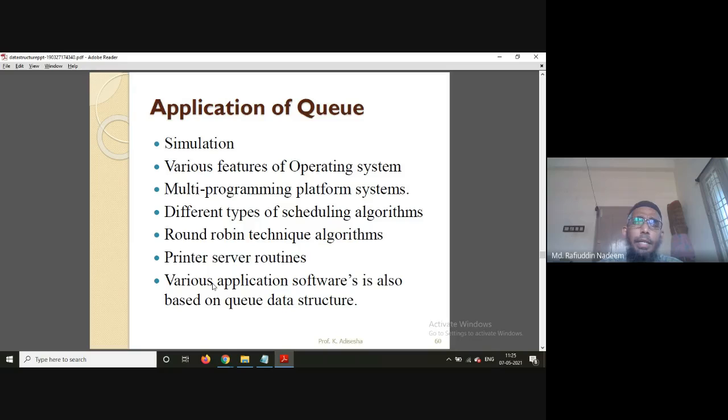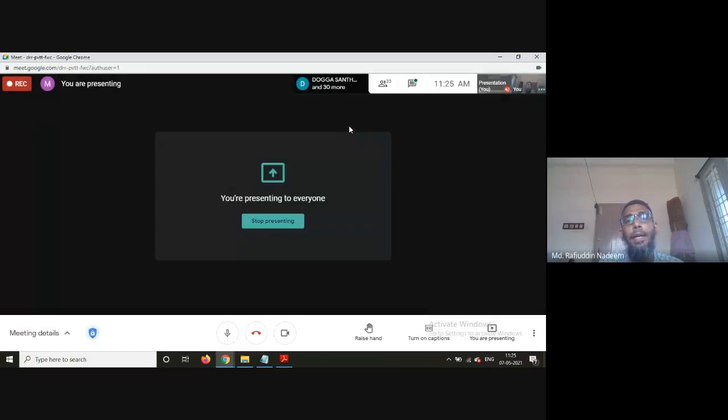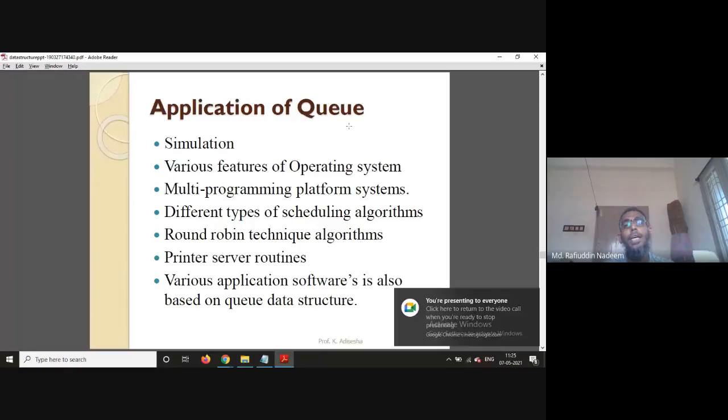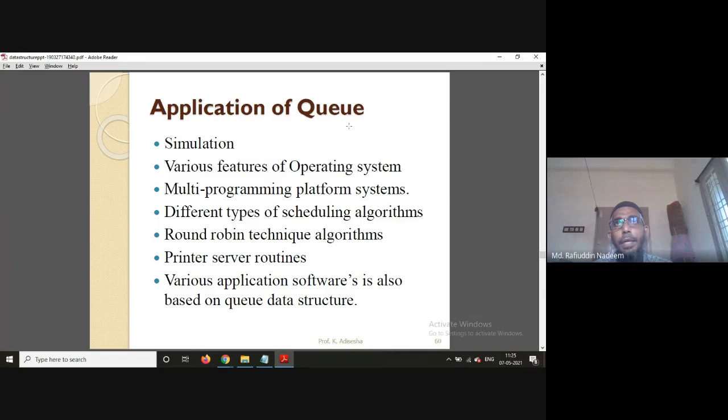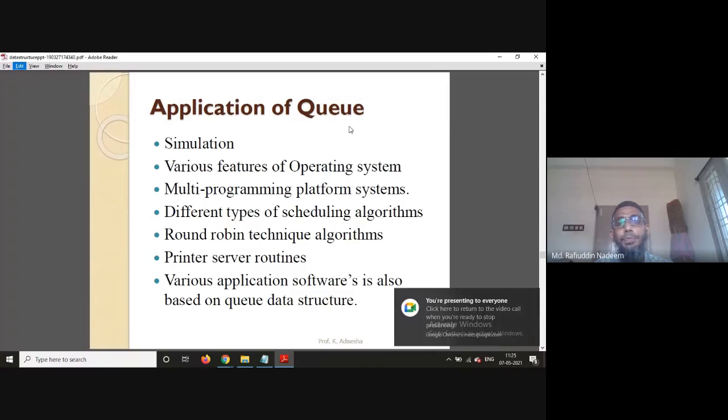And also see, in case of a printer, if you are giving files for printing one by one, what happens here is all those files will be maintained in a queue. A printer queue will be there. So what the printer queue will be doing here is, one by one, it is taking the files or the documents or whatever the content which is supposed to be printed from the queue, and then it is going to print accordingly. Okay, so likewise, queue will be used in several places in your operating system. Okay, so that is about queue.